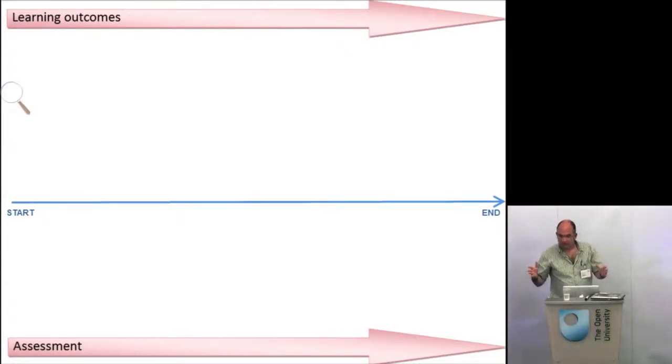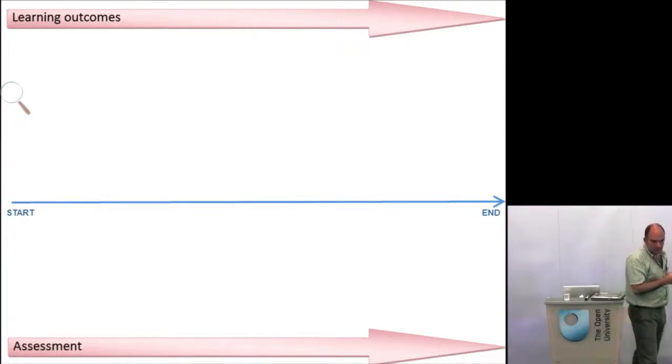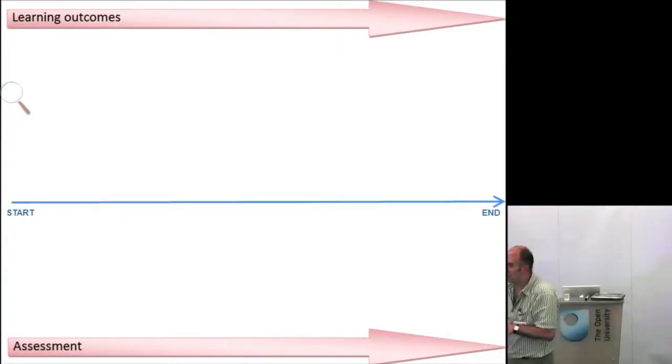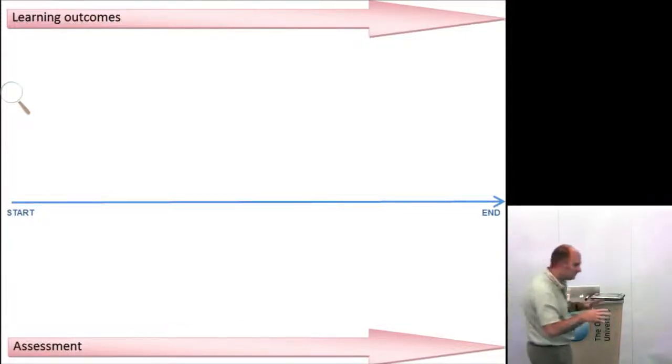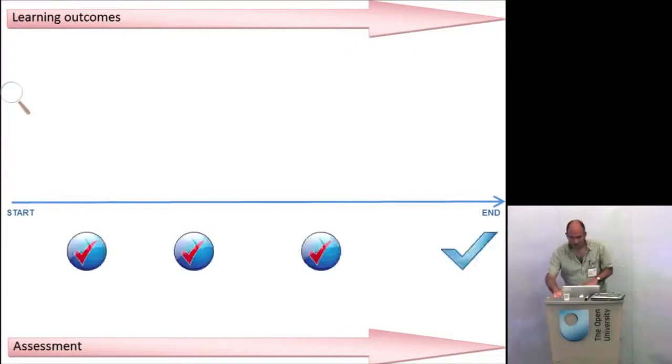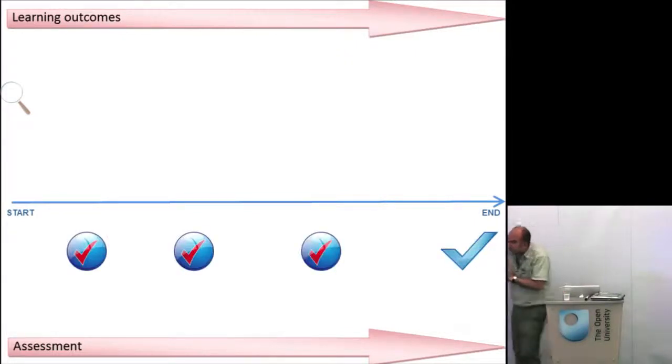A usual approach that course team members take at this point is, okay, let's map out the content, right? So we will cover the following. Well, I invite you to take an alternative view of that. Do not start with the content just yet. Think about those learning outcomes and think about what elements of